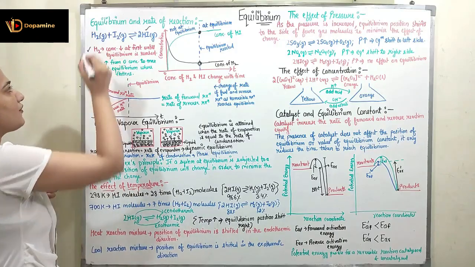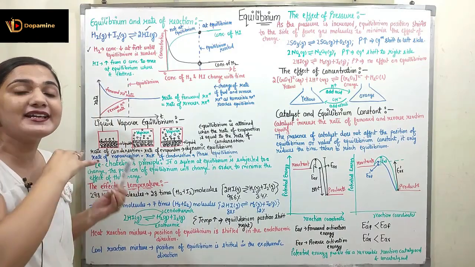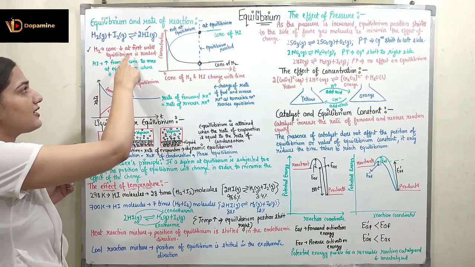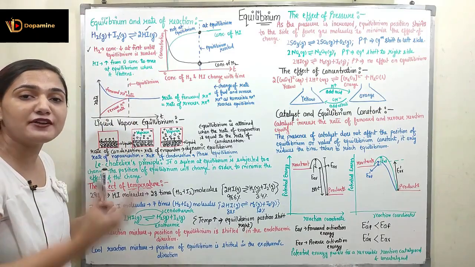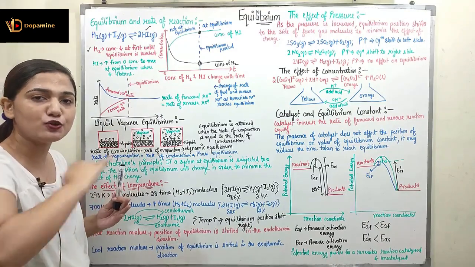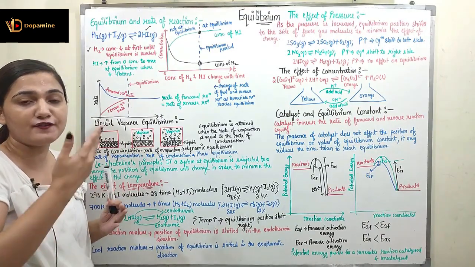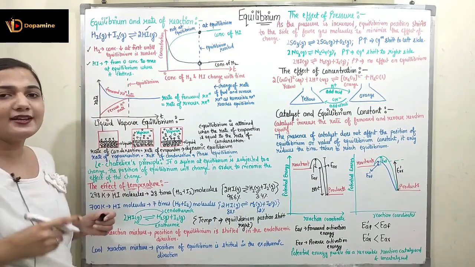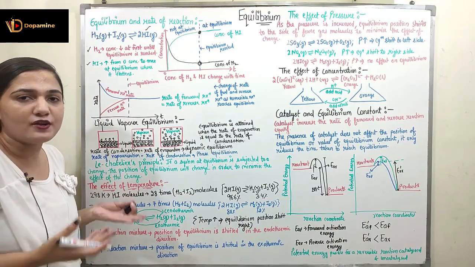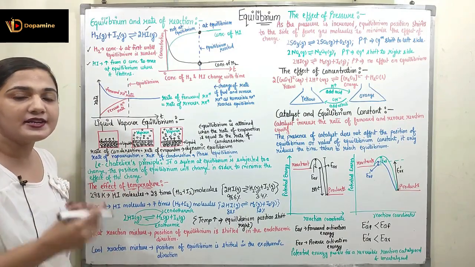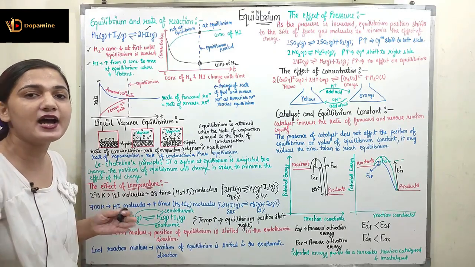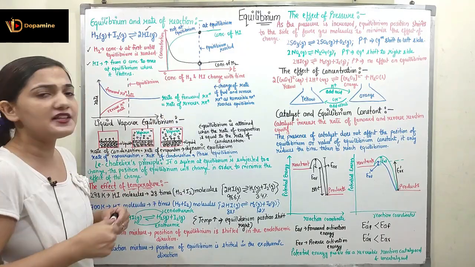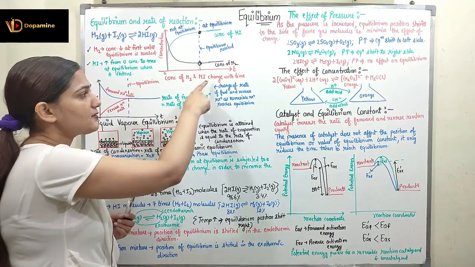So if I see the concentration of H2, it will decrease when it is getting consumed to form the HI. So the concentration of H2 will decrease at first until it has reached equilibrium. At equilibrium, the concentration of H2 will become constant. After equilibrium, the concentration of H2 will not decrease. Coming to the concentration of HI. Initially, what was the amount of HI? 0, because H2 and I2 had not reacted. So when it started reacting, the concentration of HI will start increasing from 0 up to a constant value at equilibrium.